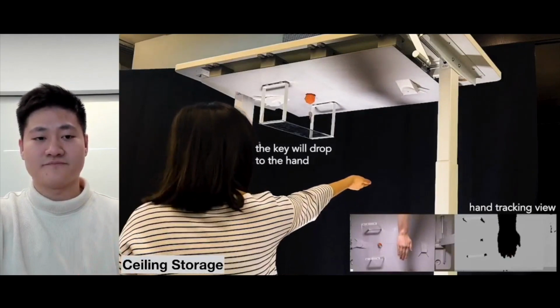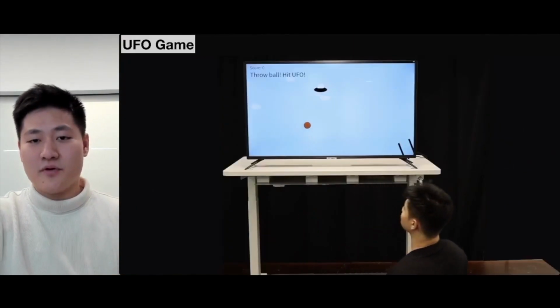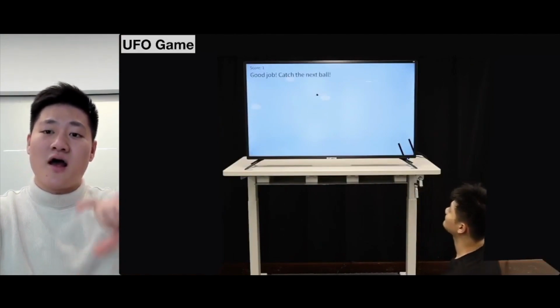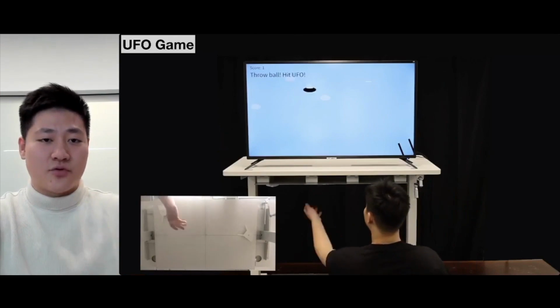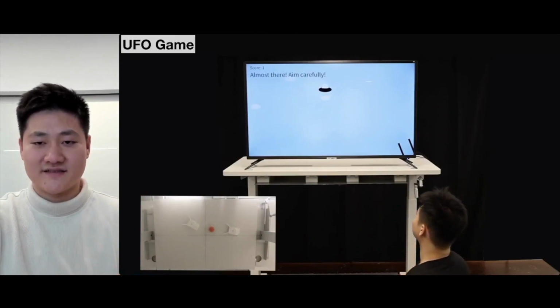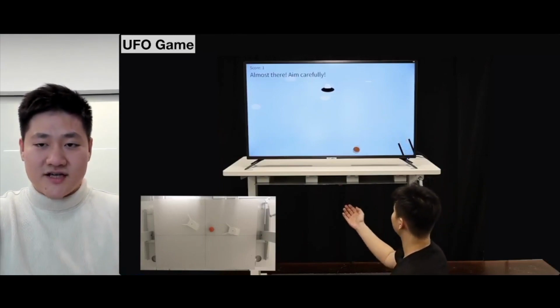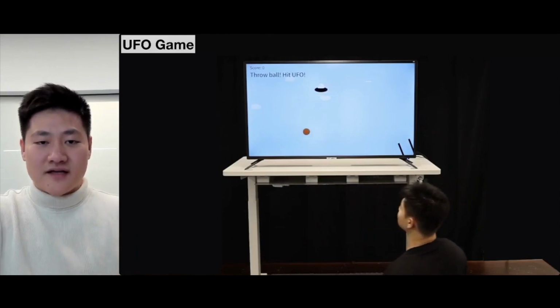objects to their palm. In the UFO game, a user throws a physical ball that will translate into a vertical display as a cannonball to hit the UFO. And on the left corner, you can see how the robots actually drop the ball behind the scenes. Once the user hits the UFO, a new cannonball will be fed to them, followed by the dropping of a